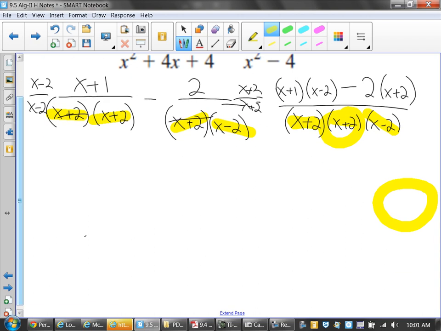So if I multiply out x plus 1 times x minus 2, I should get x squared minus x minus 2 minus 2x minus 4. Everybody okay with that so far? Just FOILing out and the distributive property. So my final numerator would be x squared minus 3x minus 6, which you'll notice you can't factor, all over